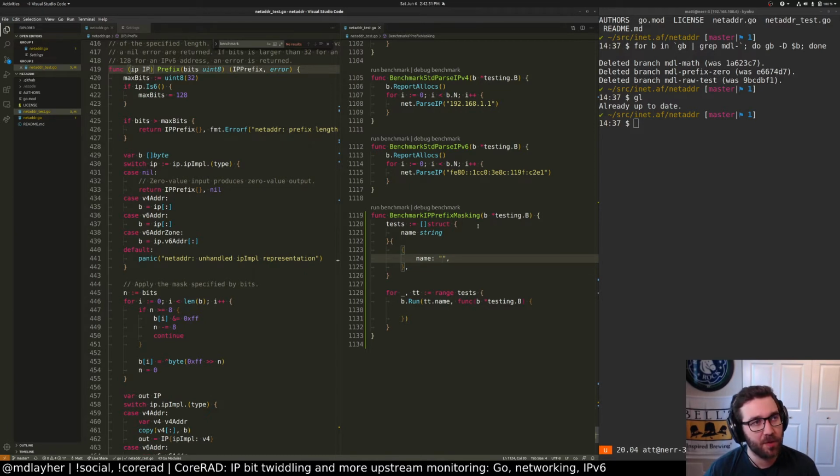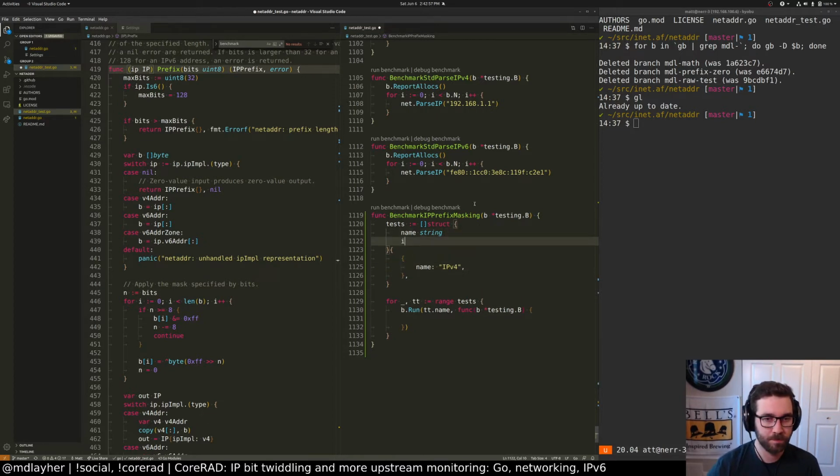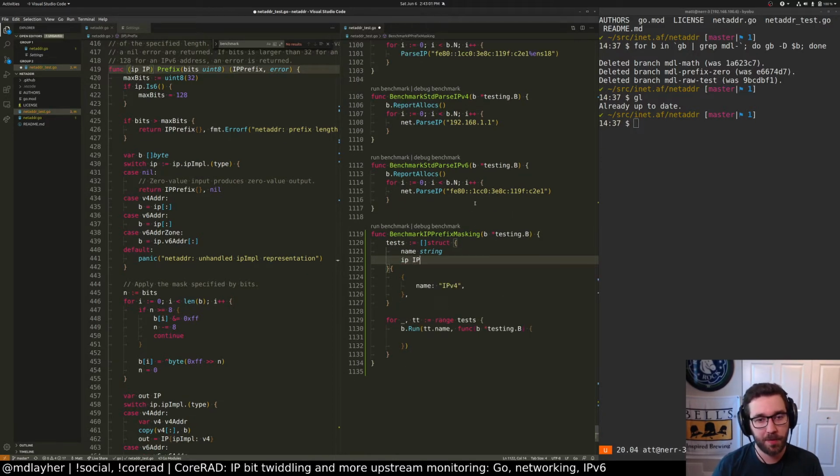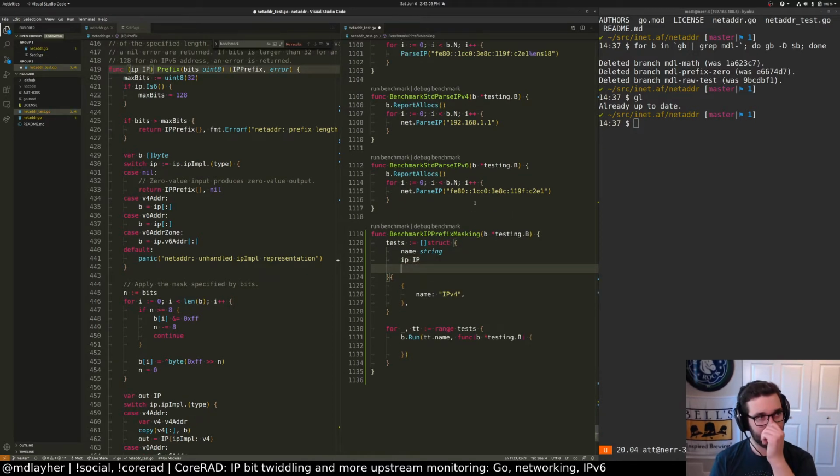So I guess we'll take a few different ranges here. We'll do v4, v6, v6 with zone. The IP is going to be an IP type, and the mask we're going to apply, or bits, is a uint8. So for v4...